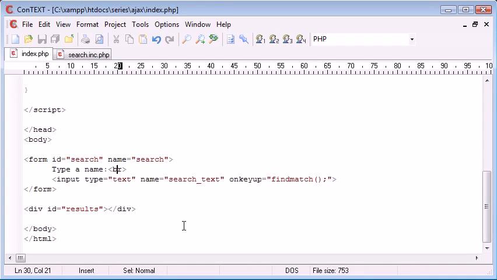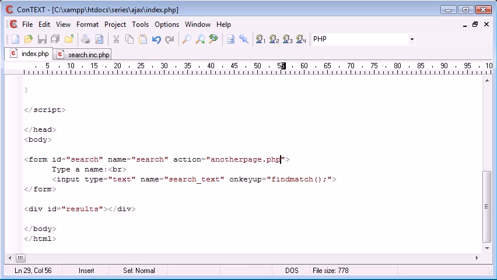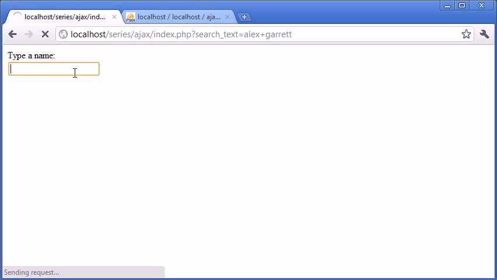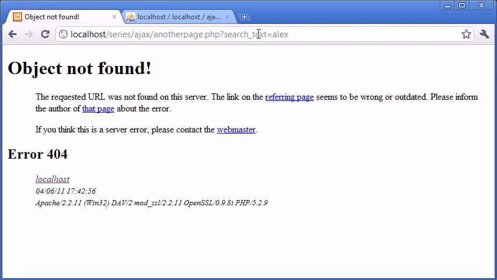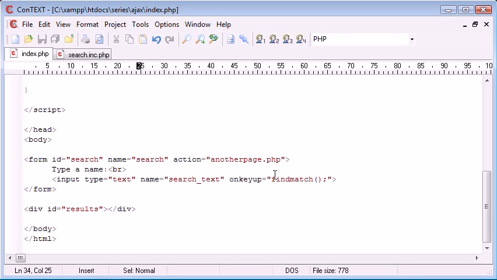So the find match on key up is fine, but you can actually add an action to go to another page.php, for example, and you can say search for Alex Garrett, and yeah, Alex Garrett's there. You press enter and it will